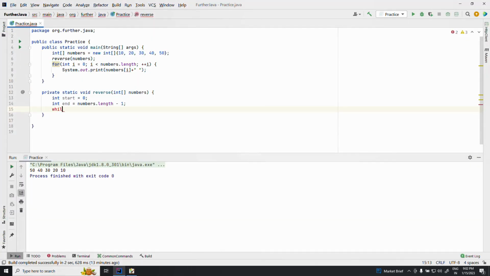So I should say that the while loop should be executed until start is smaller than end. And now I should take a temp variable, int temp equals